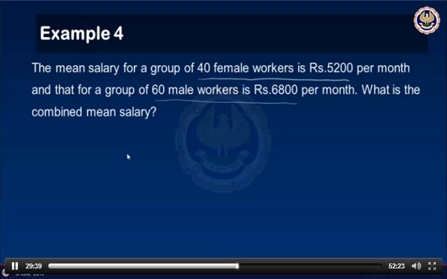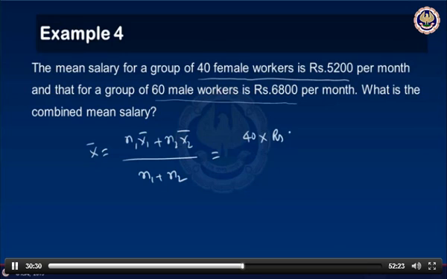Now in this example we are going to work out the combined average salary of two groups, that is the female group and the male group. Suppose we have two groups 1 and 2 and their average wages are also given. In that case the combined average formula will be x bar equal to n1 into x1 bar plus n2 into x2 bar by n1 plus n2. Here 40 is the first group, that is the female group, and the respective workers' mean salary is rupees 5200, and 60 is the second group, that is the male group,